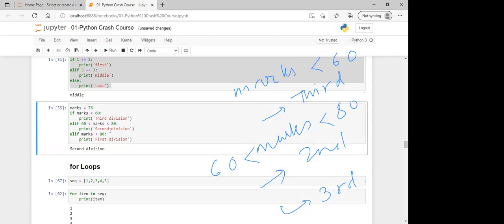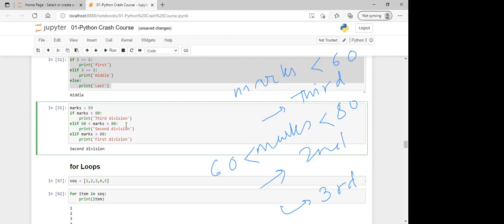When marks is equal to 60, it should be between 60 and 80, no, sir? The condition should be greater than or equal to. Got it. So you have to include the equal to case.